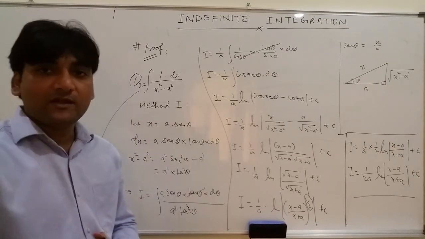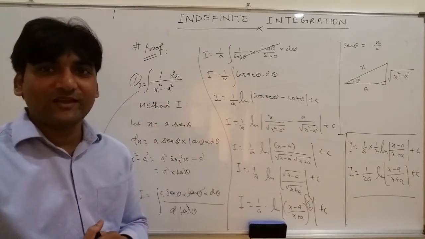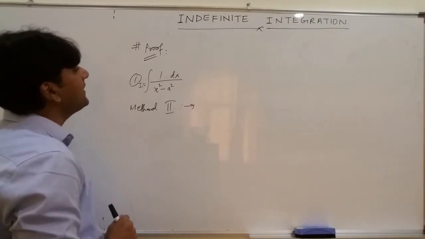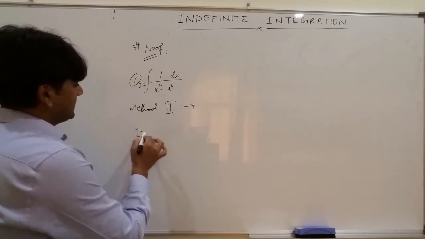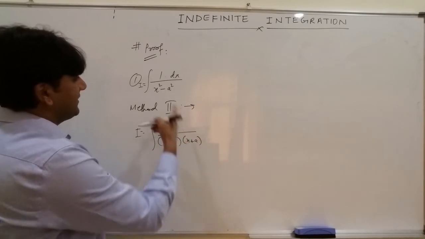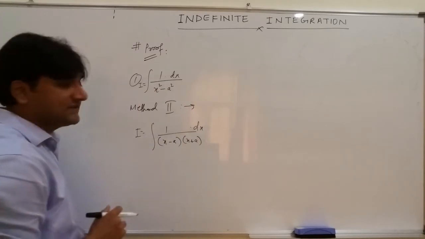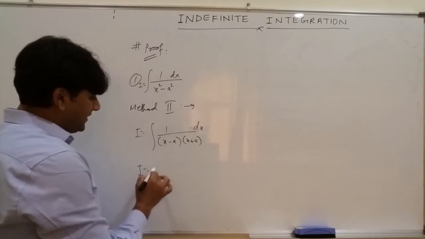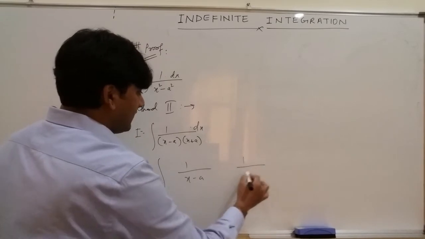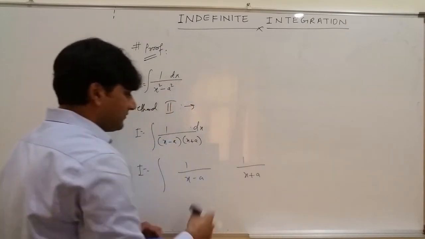This is method 1. But this particular question can be solved quickly by observation. Okay, so let's do that. Here we have to observe. So I equals 1 over x minus a times x plus a, I can write, because of factorization. So x square minus a square, x minus a, x plus a, I can do. Now I will write 1 over x minus a, I will give a space, 1 over x plus a. Okay, and then I will try to solve it by adding,